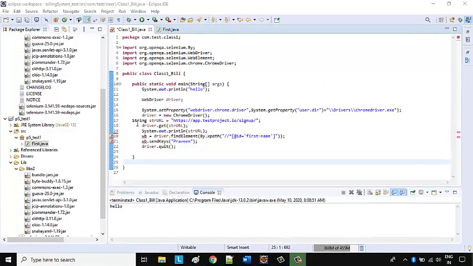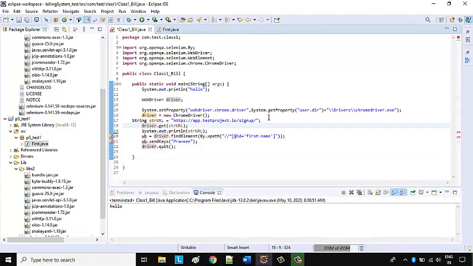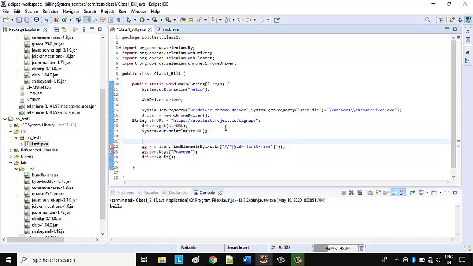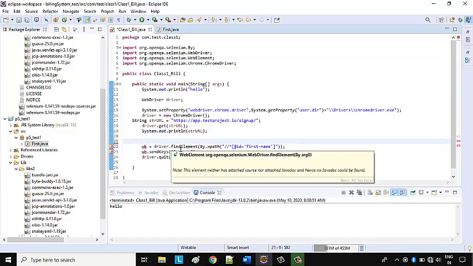Okay, so here in the next line we are launching the browser, and along with that we are navigating to the site. The URL is the one that we stored in the variable in the line above. So this is the URL that the browser will launch, and after that we display the result of the URL that launches. Okay, so here the web driver has been launched, and after that we have to interact with the element. How do we do that? We just need to catch it now.